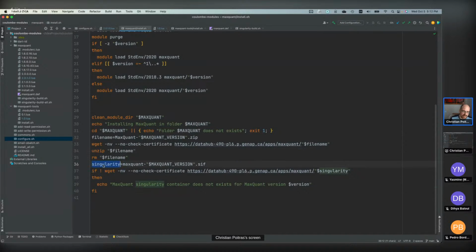And this is to download the Singularity container, which is a SIF file. So I download it from the same data hub. And since the file might not be available, this piece of code is just there so it won't fail if the file is not available